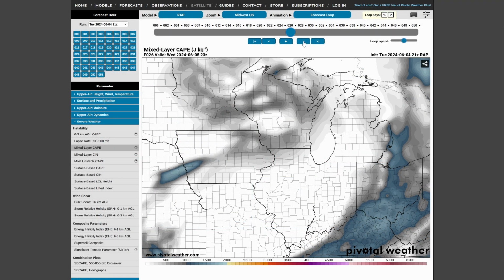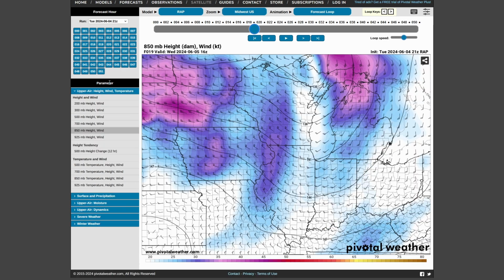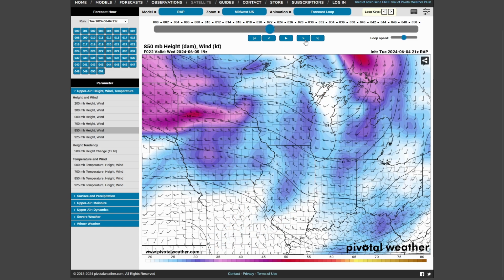And then going into later tomorrow evening into tomorrow night, you will have that instability kind of move to the east into parts of Ohio and northern Kentucky, and values well over 1000, maybe even reaching 1500 joules per kilogram tomorrow in some spots. Now looking at our low level winds on the 21Z run, as you go into tomorrow